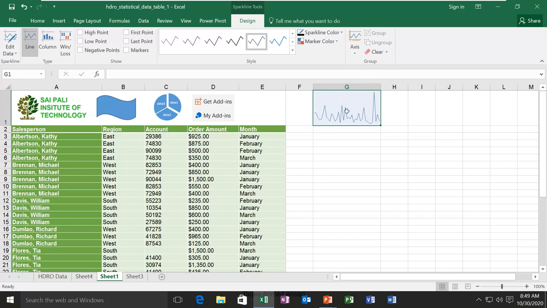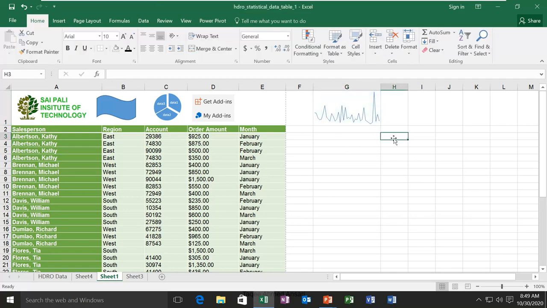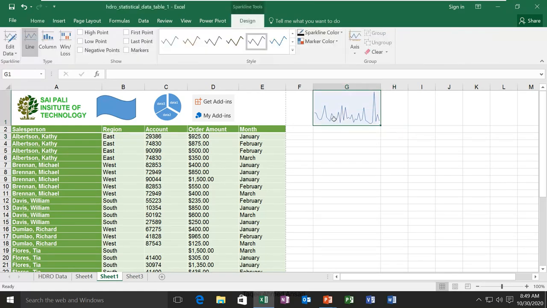This cell is big enough to identify, but if I created it in a small cell with the default height and width, it is very difficult to see. You can change the color and design. You can add points: high point, low point, first point, last point, but it is very hard to see.